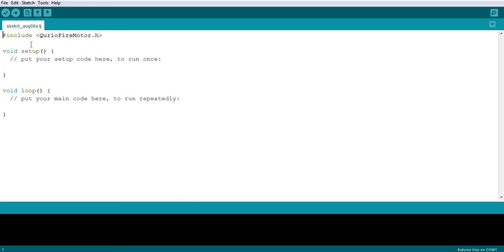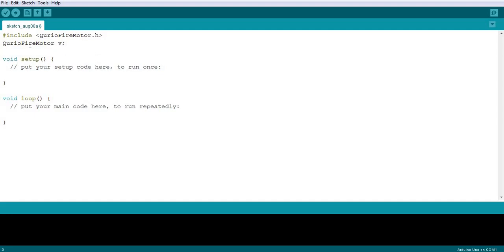Then we will need to create an instance. For that, we use the main method, and we know the library name is the same as our main method. So we will copy this and paste it here, give a space and give a name to the instance. Let's say V, and the end of the line of code is a semicolon.